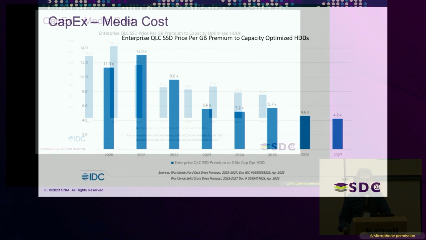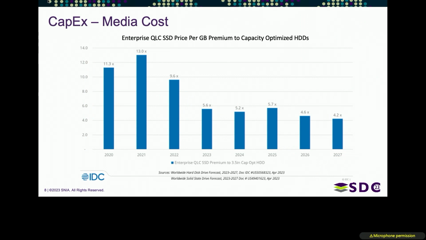First, we'll look at CapEx, and probably the largest ticket item is the cost of the media. It's surely not the only one. There are going to be others, but we're going to focus on that one as it's arguably the largest one. We're talking about the price premium of SSDs, specifically QLC SSDs, over nearline HDDs. And as you can see from this chart, in the past it's been well in excess of 10x. But if you look at this data, and this data is from IDC, dated April,